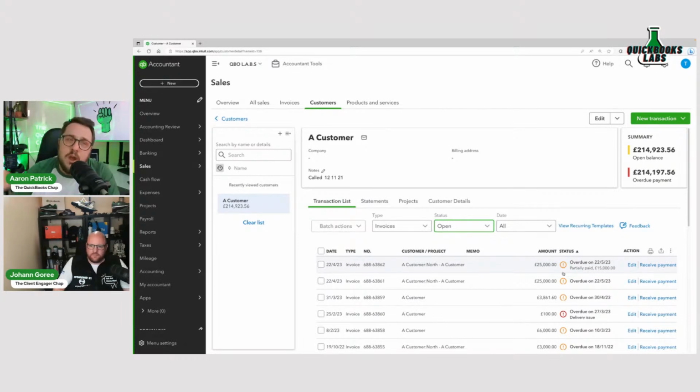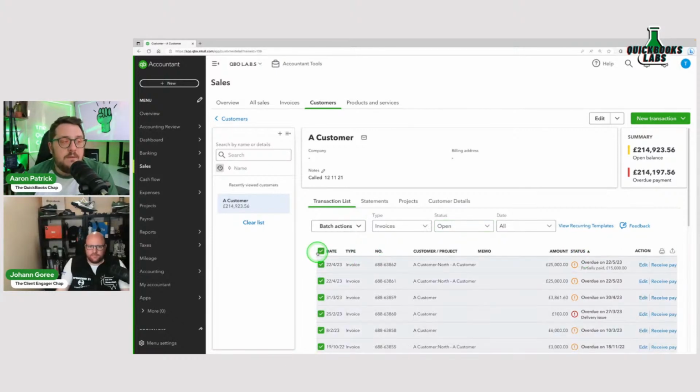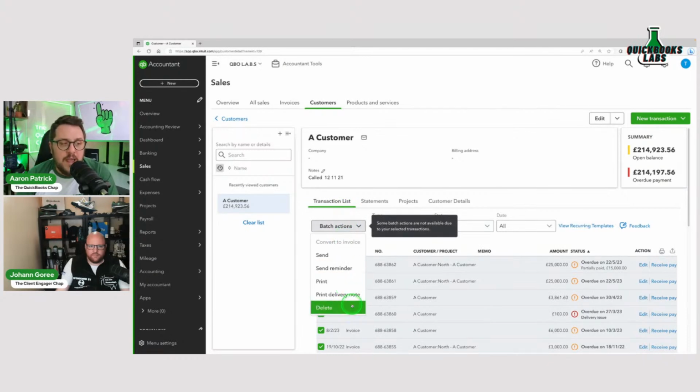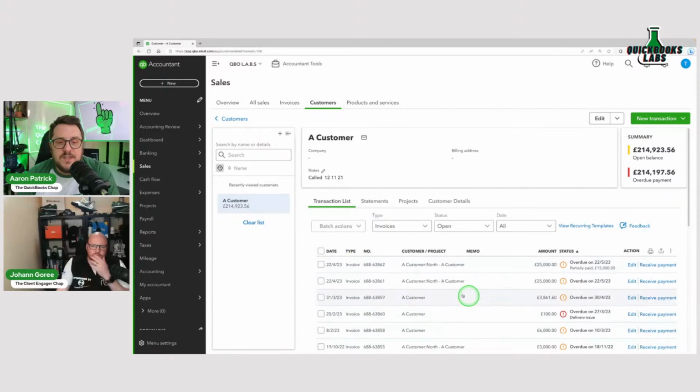One of the criticisms of the old view was that most of the time, to really get the most out of this, you'd have to use the export button just here, export it to Excel, play around with Excel, and try to get the features you want from there. We have a few more batch action options as well now compared to what you had before. And overall, we've got a better use of the actual space that's here. I feel like we've got more functionality.